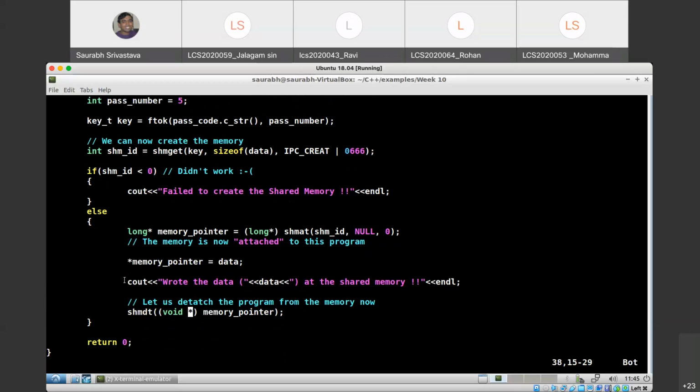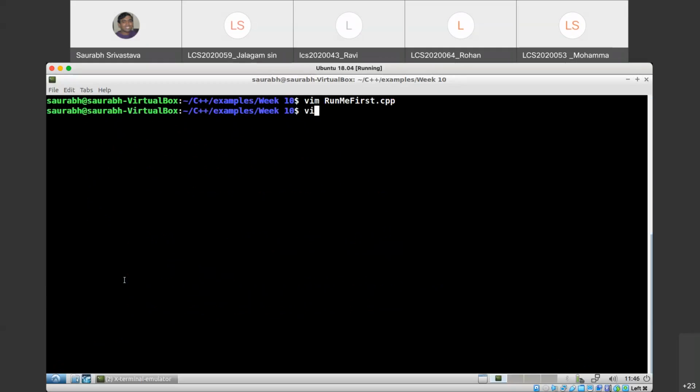Okay, and then after doing all this, I'm going to detach myself from this memory by providing that same memory pointer. And you can see that I'm not deleting it as yet. In this process, I just wrote something, and I detached myself. In the other process,